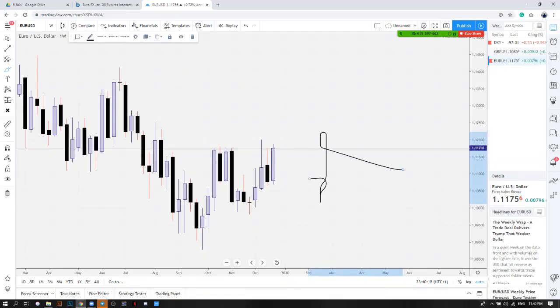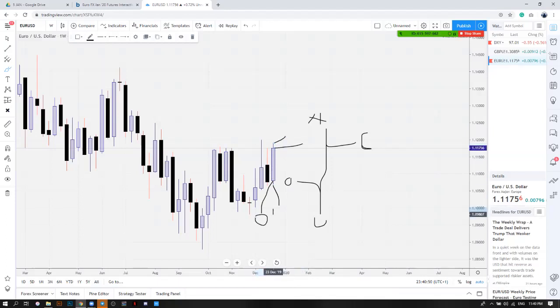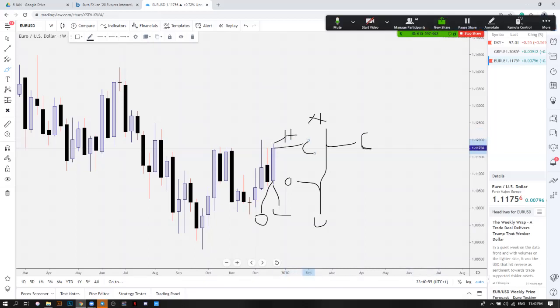high, close. Let's say it again. So you're looking for open, low, high, close. Open, low, high, close. Okay? This is a bullish week. So this is the open, so low, high, and then it closes. Open, low, high, close. All right, so hopefully you guys are all paying attention.